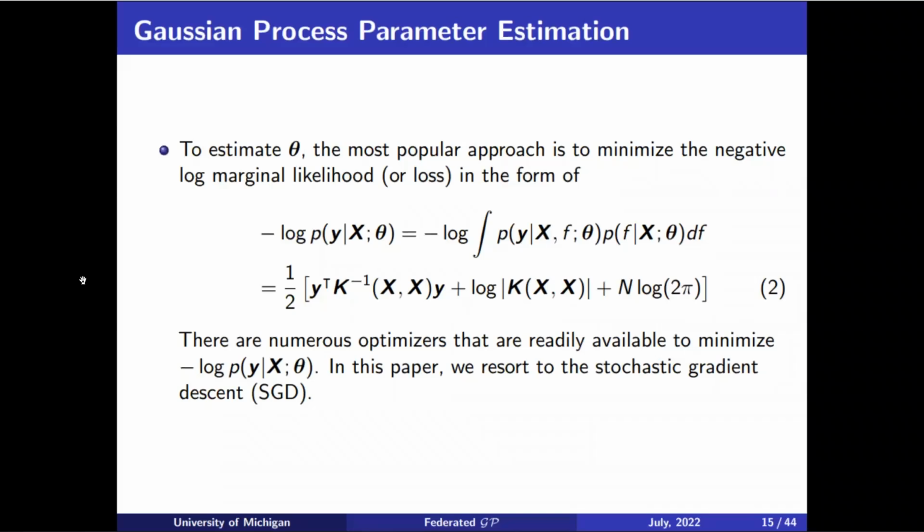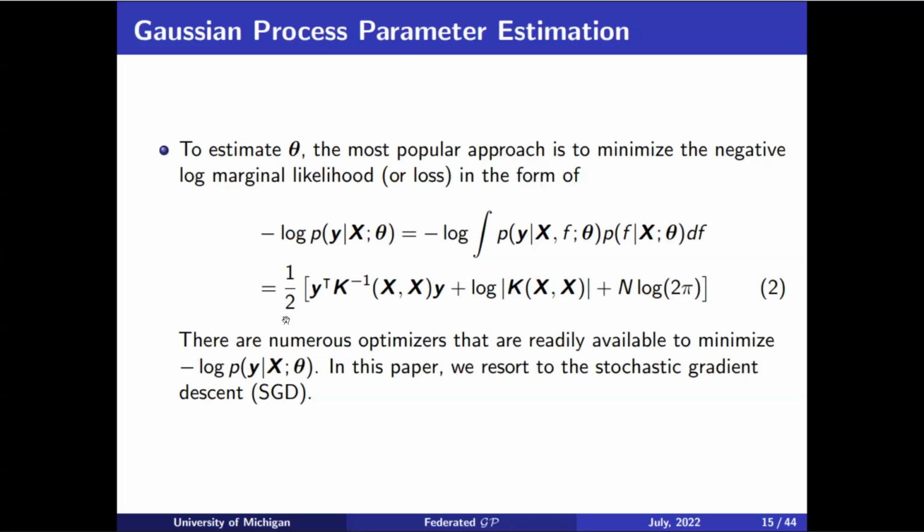To estimate the model parameters of the Gaussian process, the most popular approach is to minimize the negative log marginal likelihood function, or the loss function, which has the following form. As you can see, the key feature of the Gaussian process loss function is that this loss cannot be written in a summation form, which highlights the key difference between the optimization in GP and the empirical risk minimization framework. Therefore, optimization of the Gaussian process imposes a huge challenge, both empirically and theoretically. And I will provide more information later on.